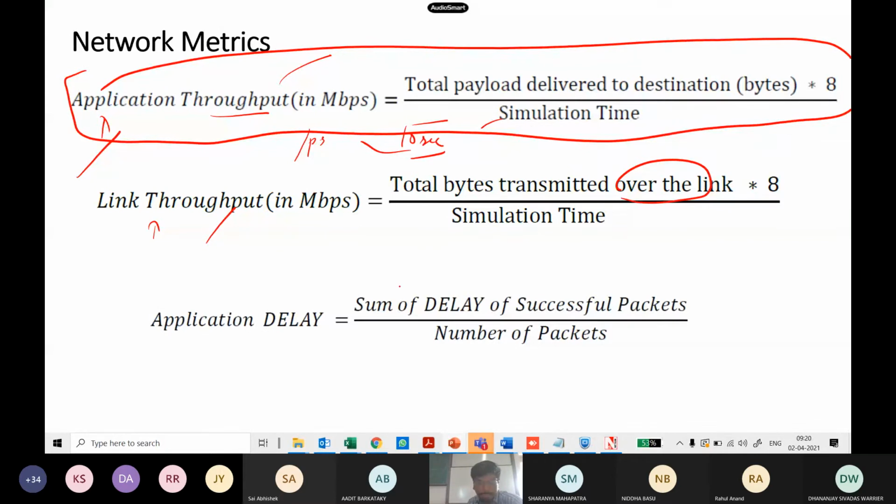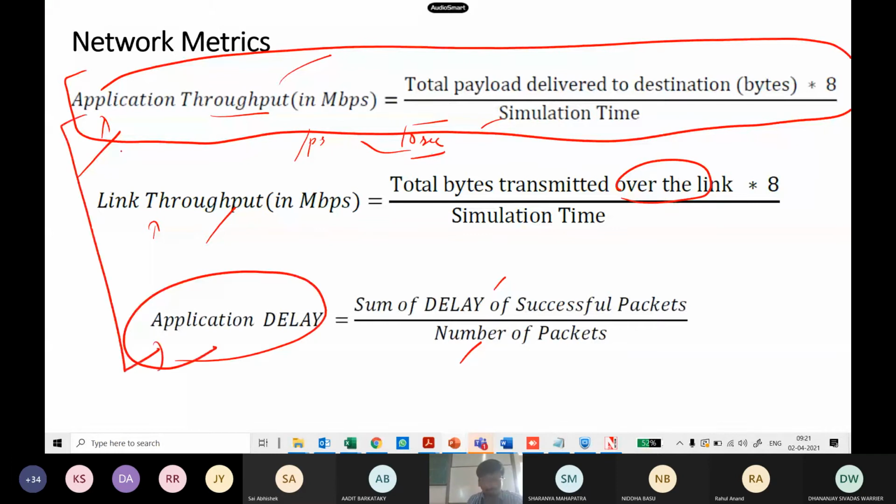You take the sum of all the packets' delay divided by the number of packets generated by the application. That will give you the application delay. These two values are what we are going to note down. Okay, so if you go and look at the NetSim window,